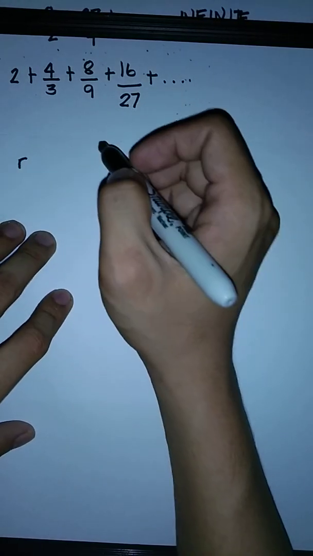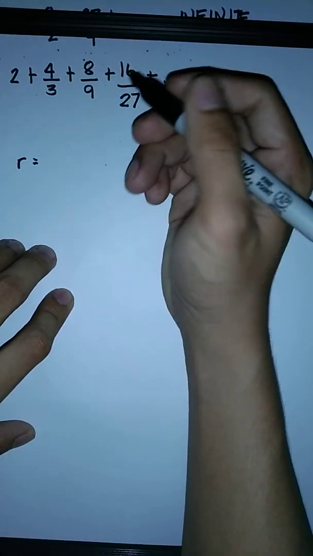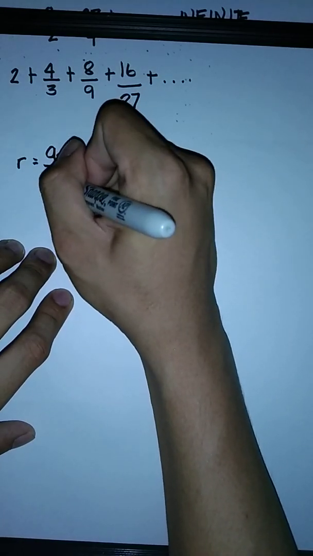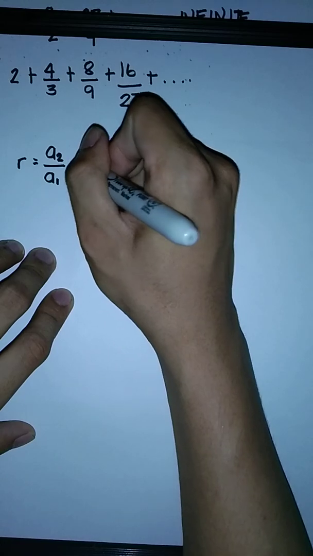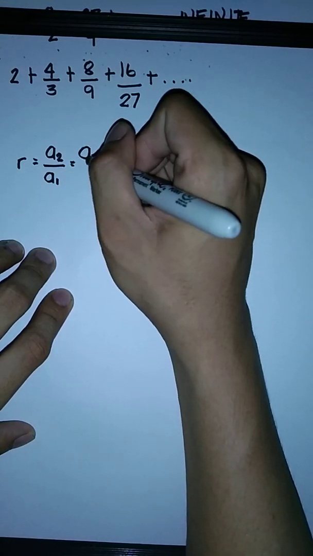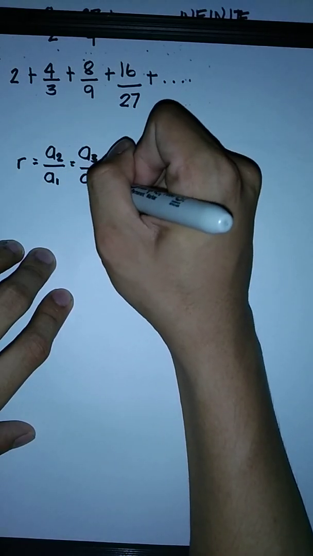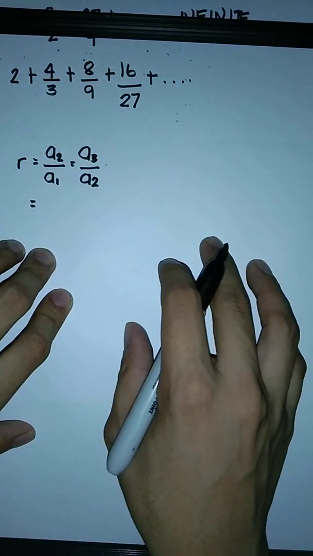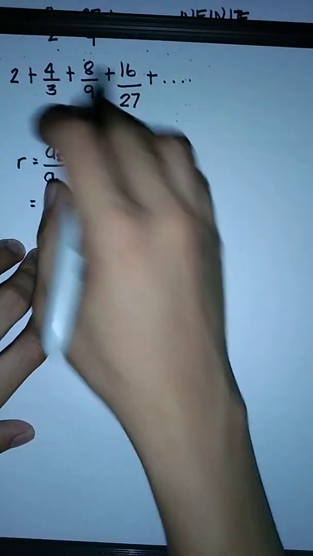So, sa ating common ratio, ulit yung formula nun. We have a sub 2 over a sub 1 is equal to a sub 3 over a sub 2. So, ang gagawin lang natin, all we have to do is to substitute yung ating values dito dun sa ating